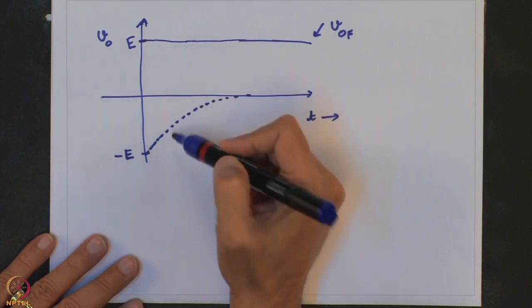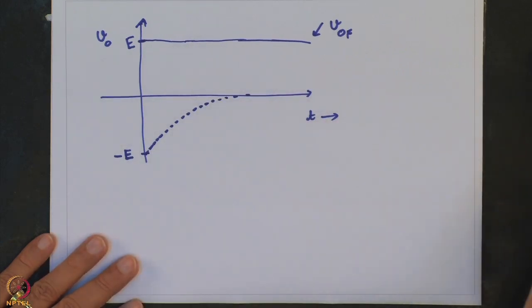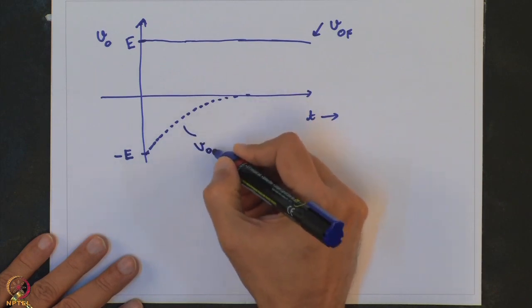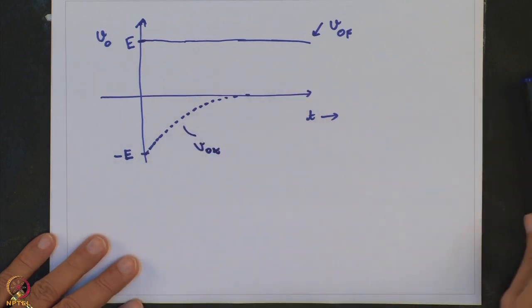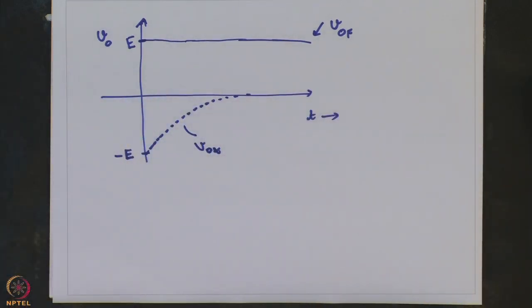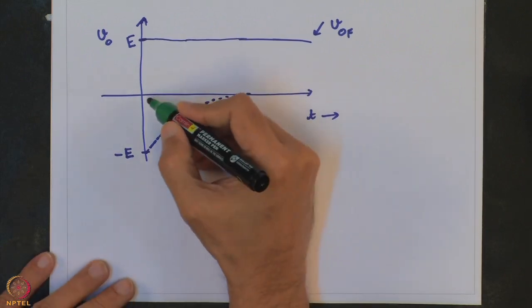I can actually mark this as VO T, the transient response. And if I add these two, I can say that I get